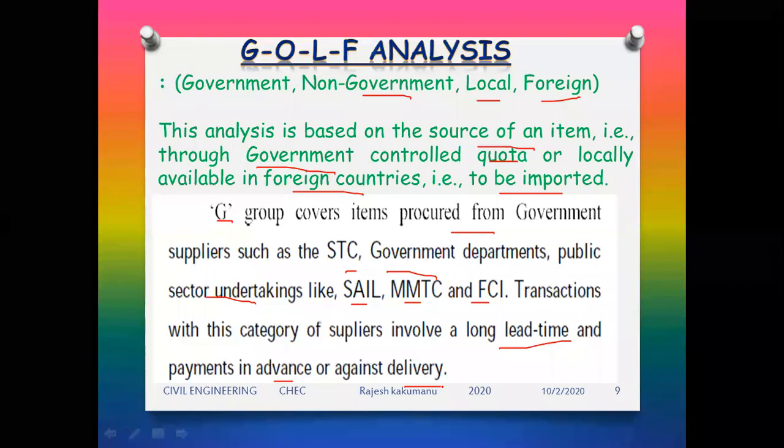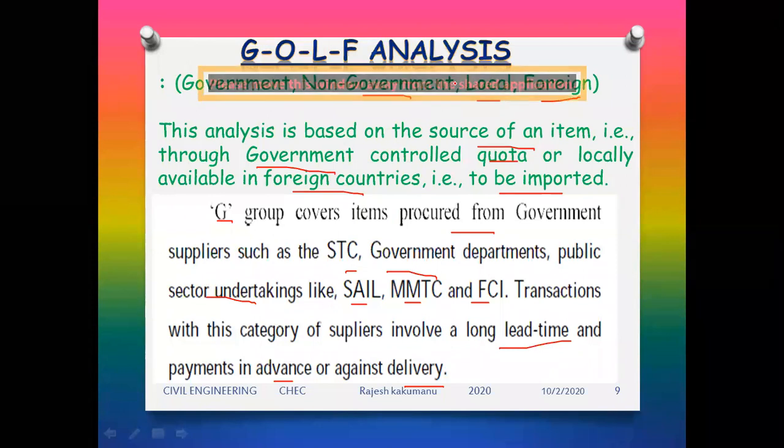So for example, when you want to make a procurement from the BHEL, so ఒక big